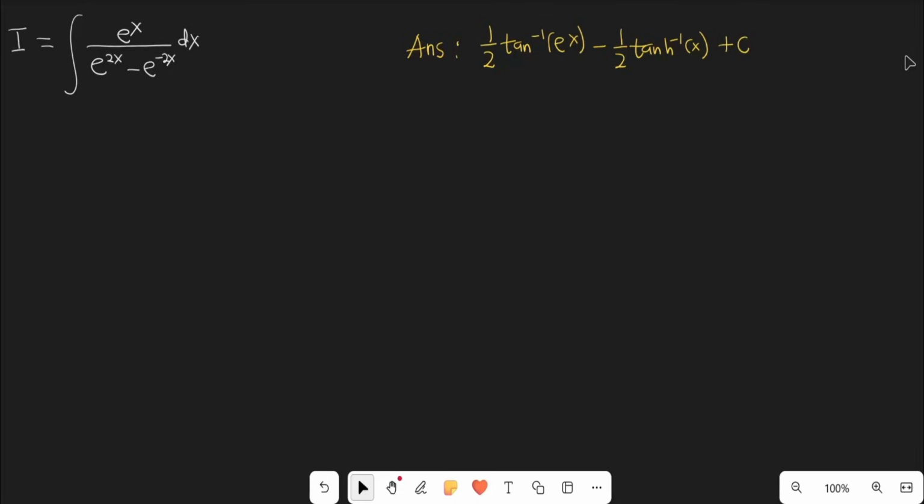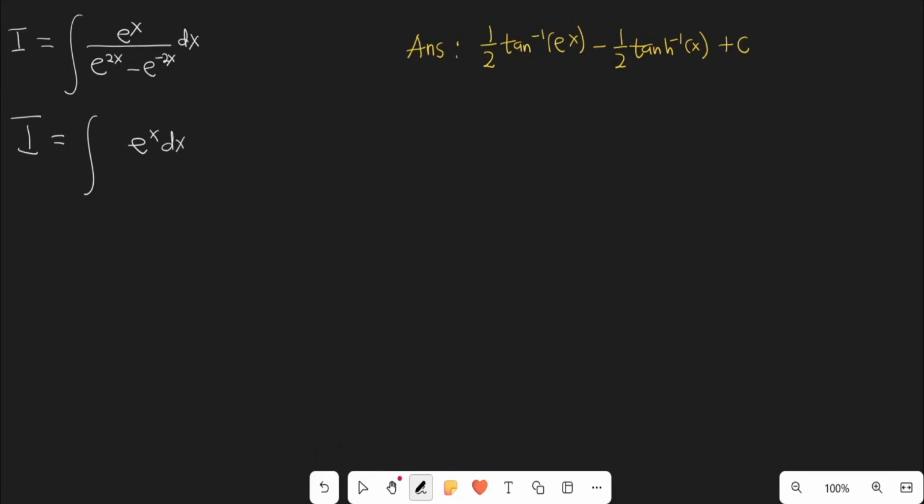In this video, we are going to solve the integral of e^x divided by e^(2x) minus e^(-2x). The answer is provided on the right hand side. To start off with this integral, we have I equal to the integral of e^x